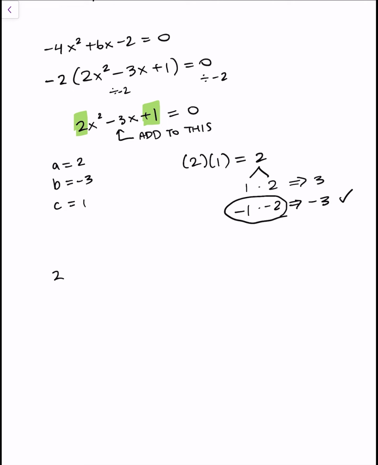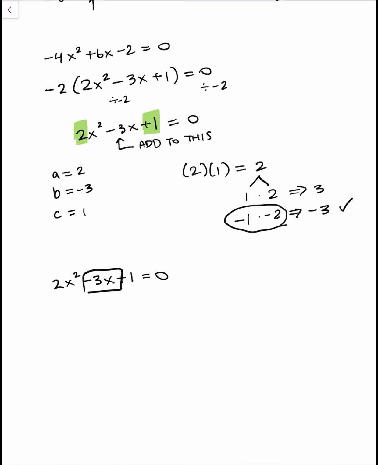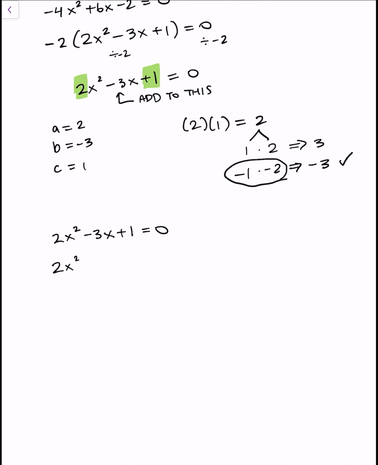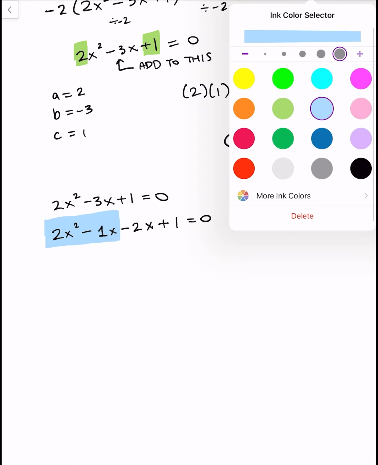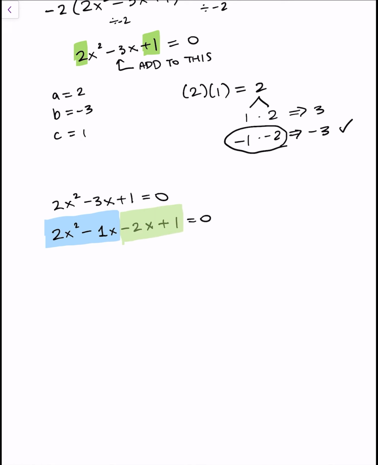And then I'm going to write out the equation again. And I'm going to switch out negative 3x with negative x and negative 2x. So 2x squared minus 1x minus 2x plus 1 equals 0. And then just like before, I'm splitting this up into two chunks. The first chunk includes those first two quantities. The second chunk includes the last two quantities. And then I'm going to look at the blue chunk first and see what I can pull out from both quantities. So I can pull out an x, and I'm left with 2x minus 1. And then for the green chunk, I can pull out a negative 1, and I'm left with 2x minus 1,